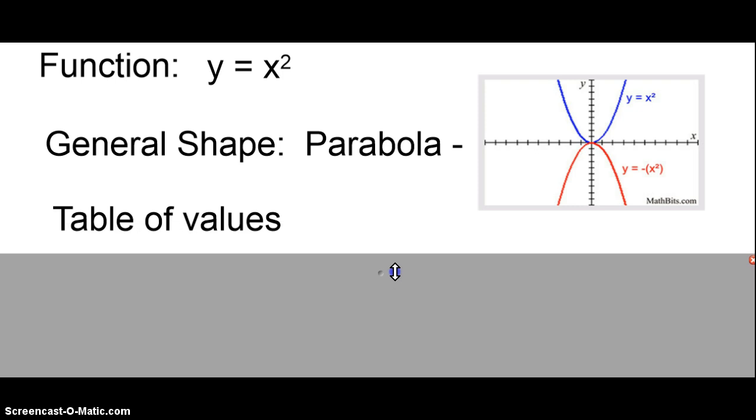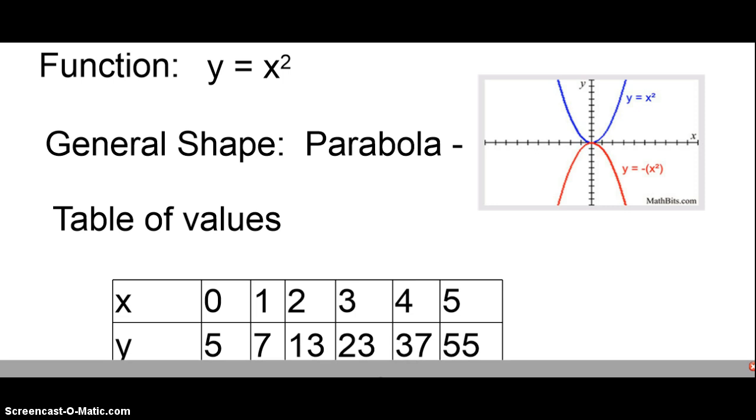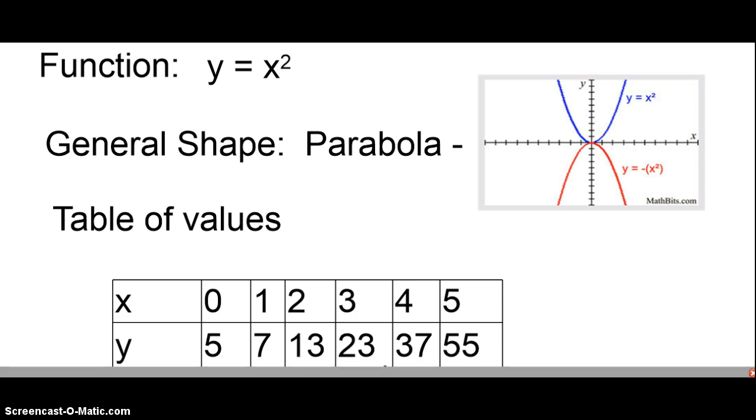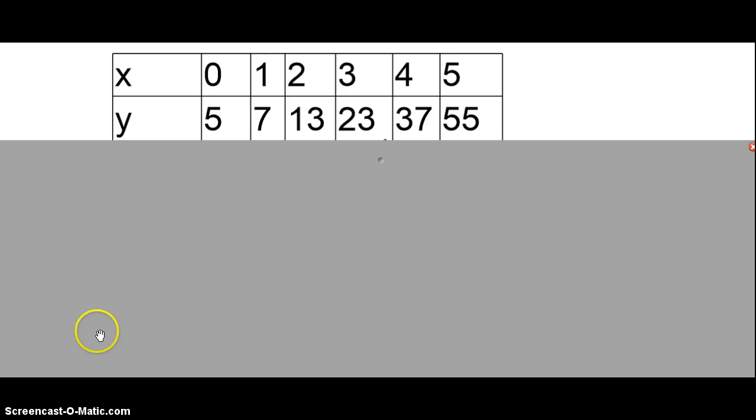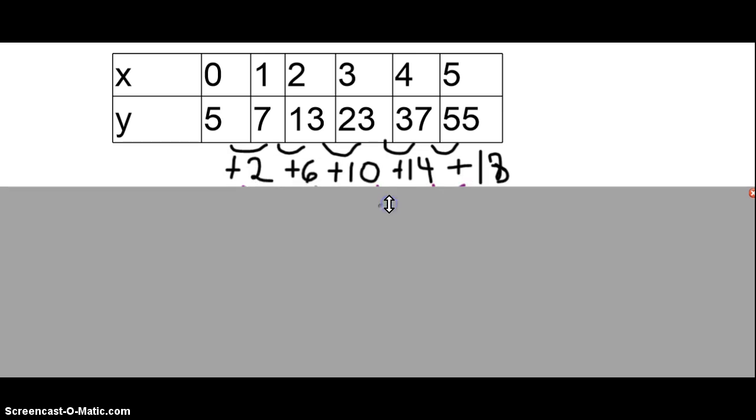When you're looking at a table of values and want to determine if it is quadratic, we first need to look at the differences in the y. Just as we did when we looked at linear equations or exponential functions, we needed to look at the differences in the y. So here in this table, we see that from 5 to 7, we added 2, 7 to 13, we added 6, 13 to 23 was 10, and 23 to 37 was 14, and 37 to 55 are